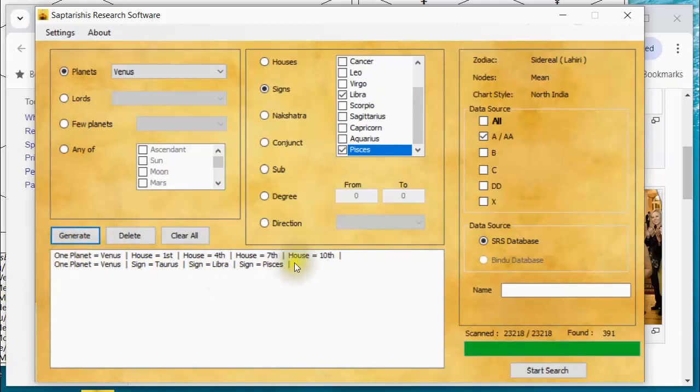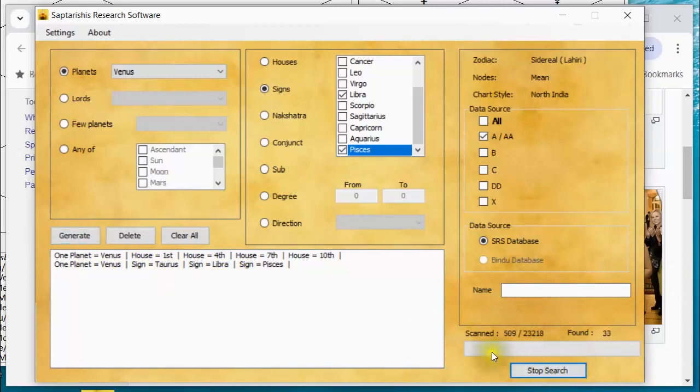So what have I said so far? Remember, everything on this line is an or. Venus in 1st or 4th or 7th or 10th, and when we go to a separate line, it's an and. Venus in Taurus or Libra or Pisces. Okay, looks good. Let me hit the button here and see what we're going to get. So again, I always keep an eye on this, and when we hit the 2300 mark, let's see where we're at in terms of progress. Right about there, I'm up to 120. Oh, stop it right there.